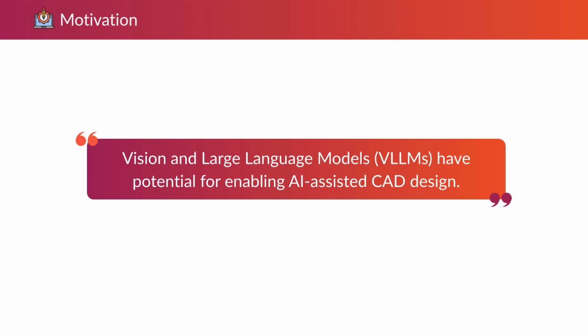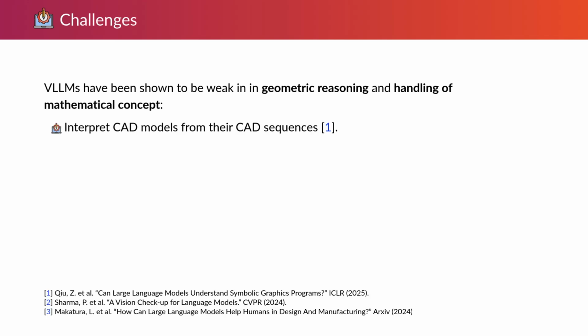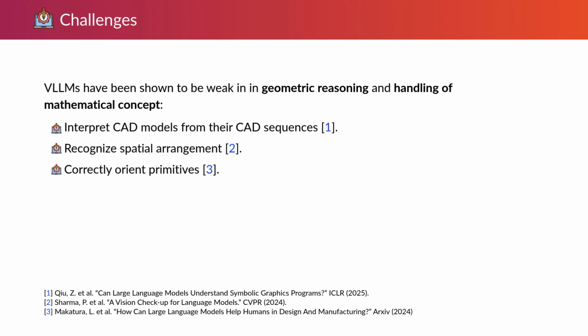In this work, we shift the focus to foundational vision language models and explore their potential to act as general-purpose CAD agents that enable AI-assisted design. Still, the use of vision language models within CAD workflows remains limited due to their weaknesses in geometric reasoning. These models might struggle to semantically interpret CAD sequences, recognize the spatial arrangements of CAD features, or correctly position geometric primitives. Moreover, high-level CAD operations such as fillets or chamfers can produce complex changes in geometry that language models are